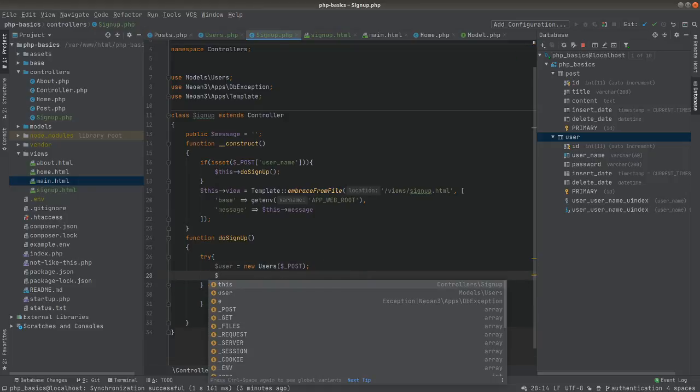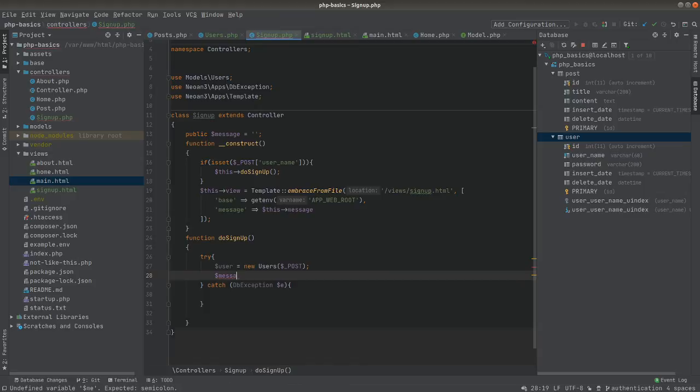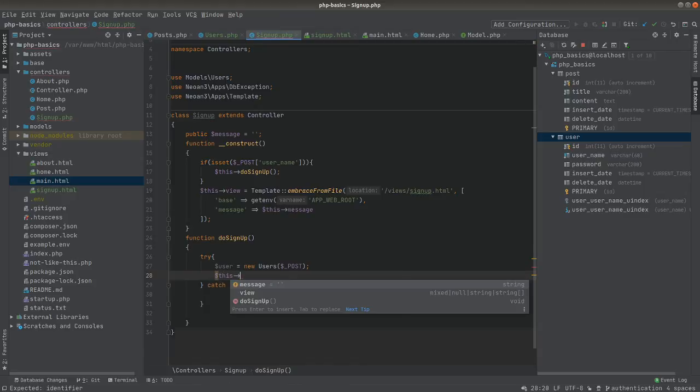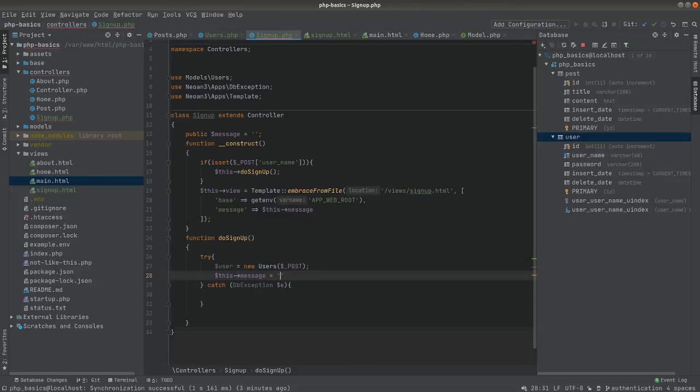So here we say, okay, so the message, oops, this message equals, you can now log in, and in our, here we're going to say this message is the username is already taken, or,